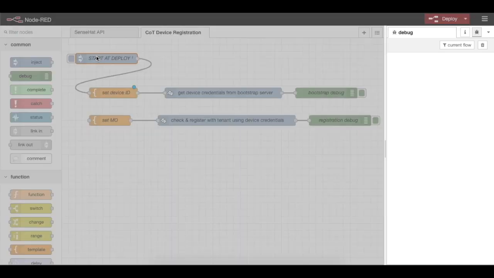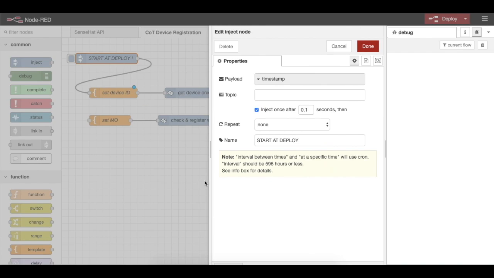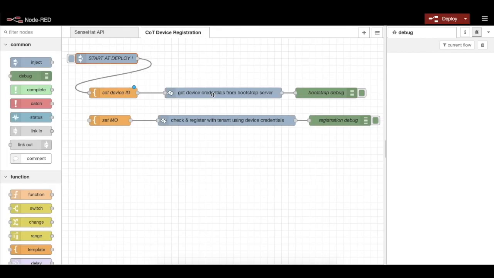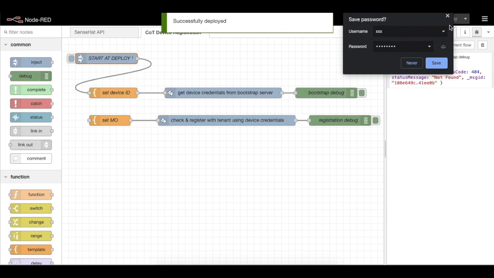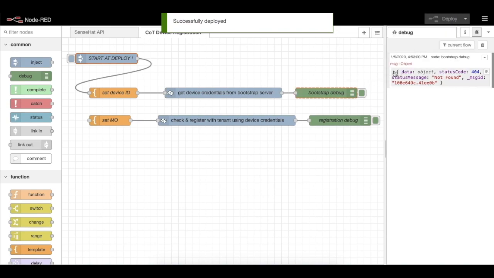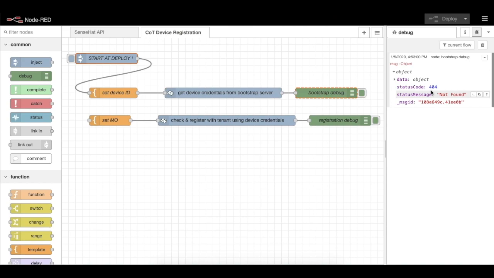You can see that as soon as I deploy this Node-RED flow, it's going to trigger once and then not repeat. So it's basically just a start condition. And I'm going to debug the output of the Cloud of Things server. So when I hit deploy here, you're going to see that the Cloud of Things reports 404 not found. This device has not yet been accepted